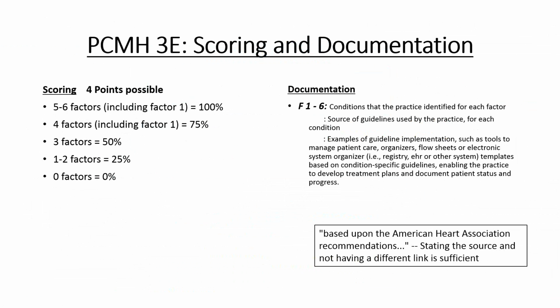So obviously identifying the condition and then the source of the guidelines and examples of implementation. And just noting there, in some of the examples that I'm going to show, there's citations or links to where the guidelines came from, but simply stating, as mentioned there, based upon the American Heart Association recommendations, that is sufficient enough as far as providing the source of the